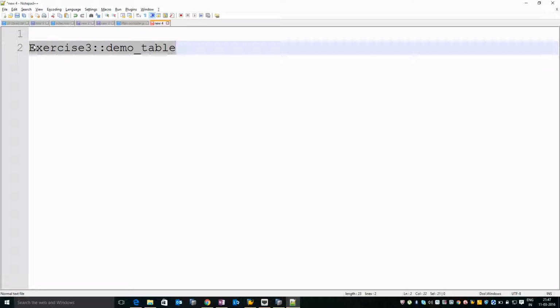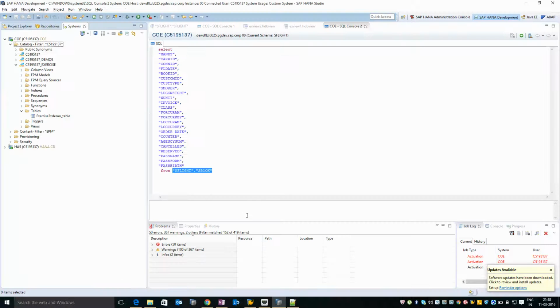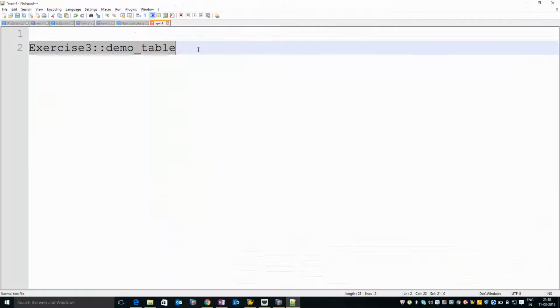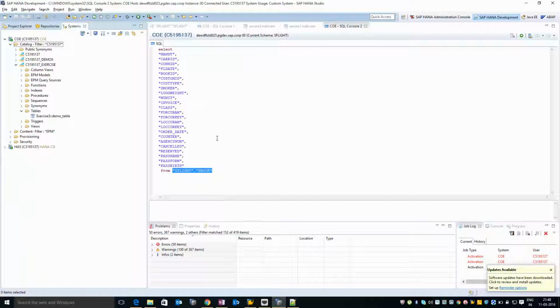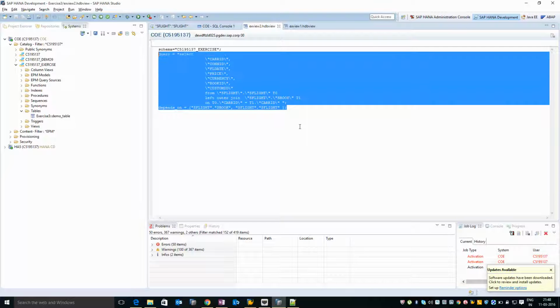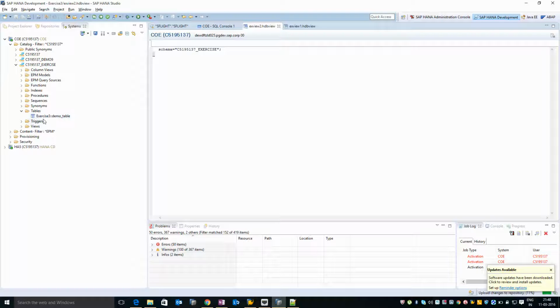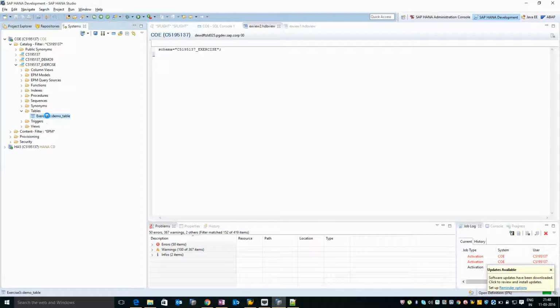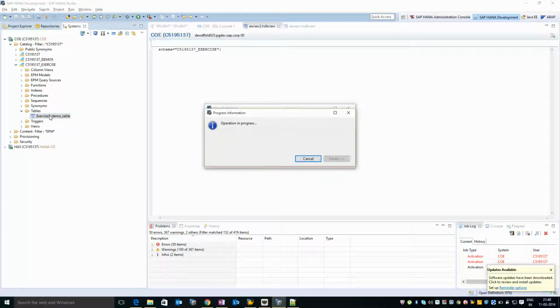Now, those tables which have been delivered by SAP, they also should have a root path like this, which is like a repository package, in which folder, in which file this actual .hdbtable file was located. So that is something that I need to pass on to this depends on section, and since we do not know that name, system will not accept that. So what I'm going to do is I'm just going to override the select condition with another set of condition which I have given. So earlier we have created this table demo underscore table, and this table,